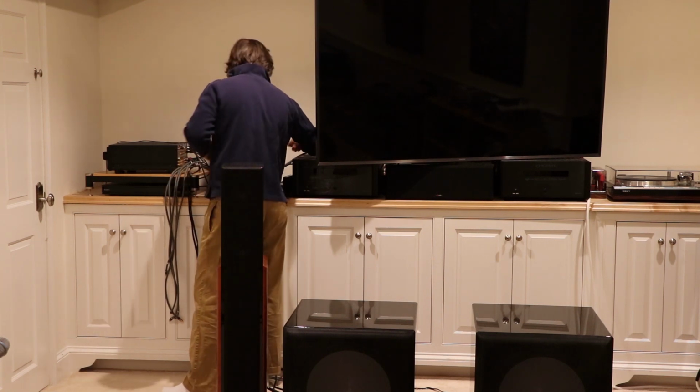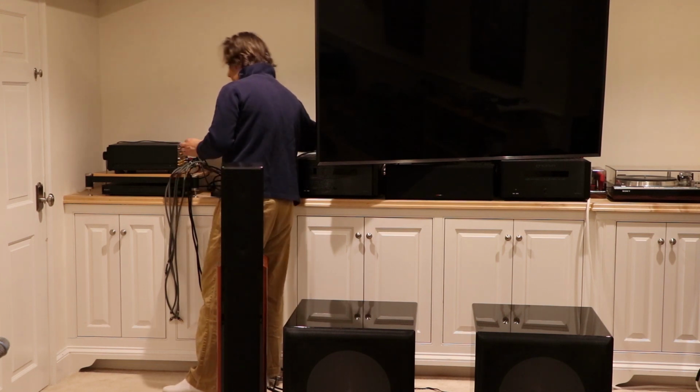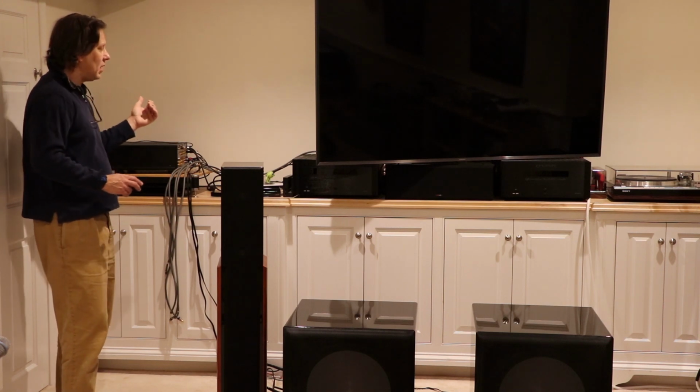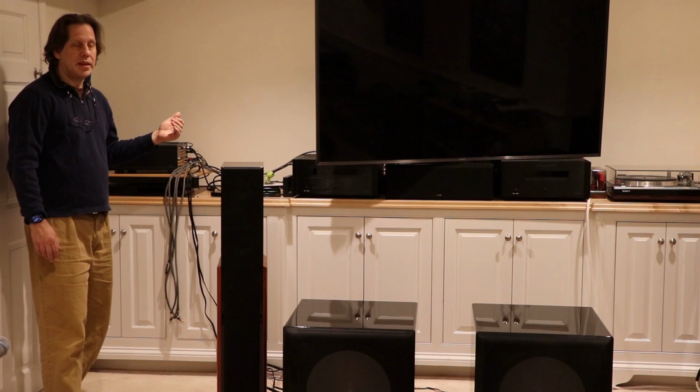Left, right, center. We got them all. That is good. I think we can plug this in. The only thing that's missing is the phono player, which the cables aren't long enough. What we'll end up doing there is finally getting the